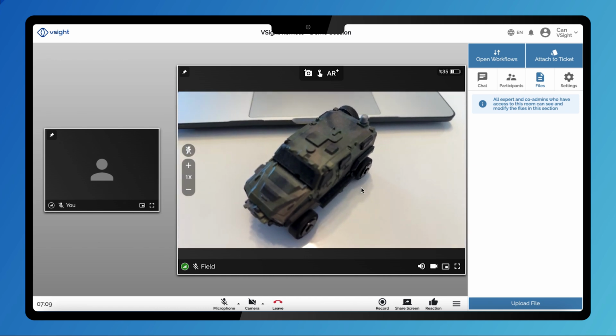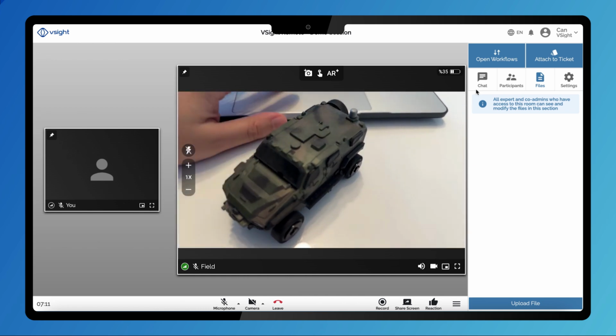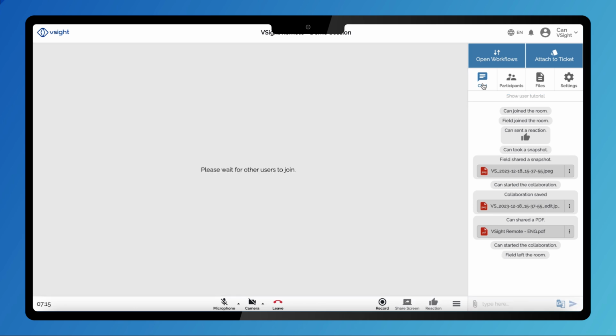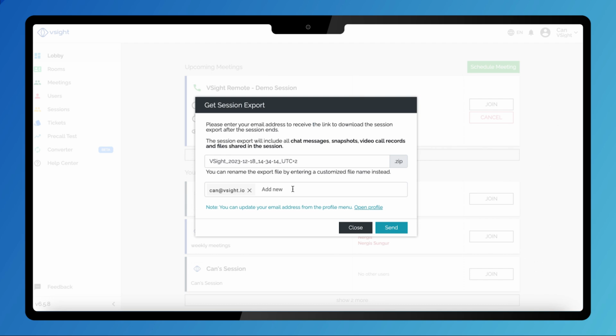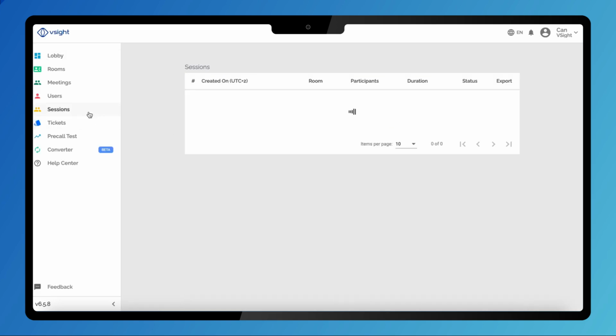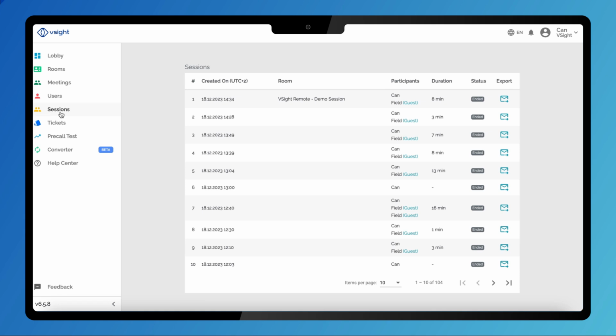And let's assume the session is done and the field worker left the session. When you also leave, our platform asks you whether you like to export these information to a colleague by typing an email. This can be a possibility, but later on, if you need, when you come on this sessions tab, you can